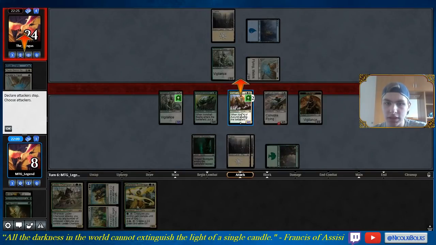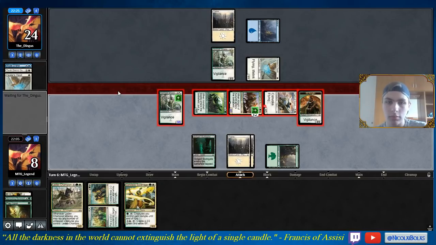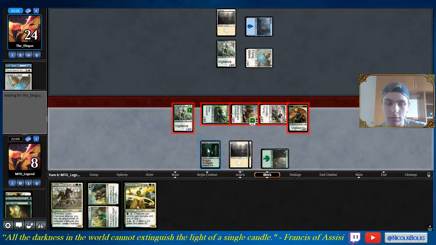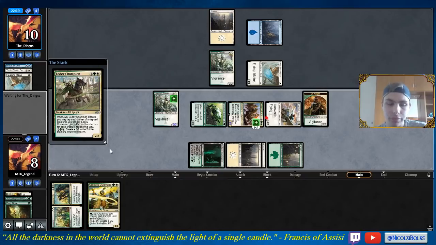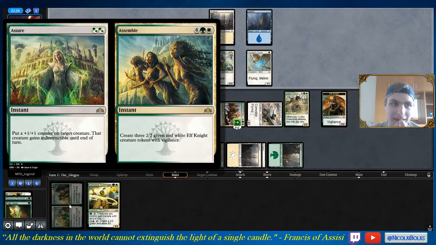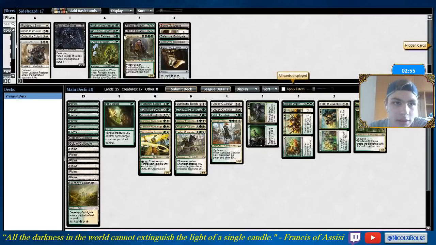This is 4, 6, 10, 14. He can use his combat trick now. But I guess I have this as a combat trick. I forgot that it has a combat trick mode. Opponent concedes. Okay. So definitely bringing in my Crushing Canopy